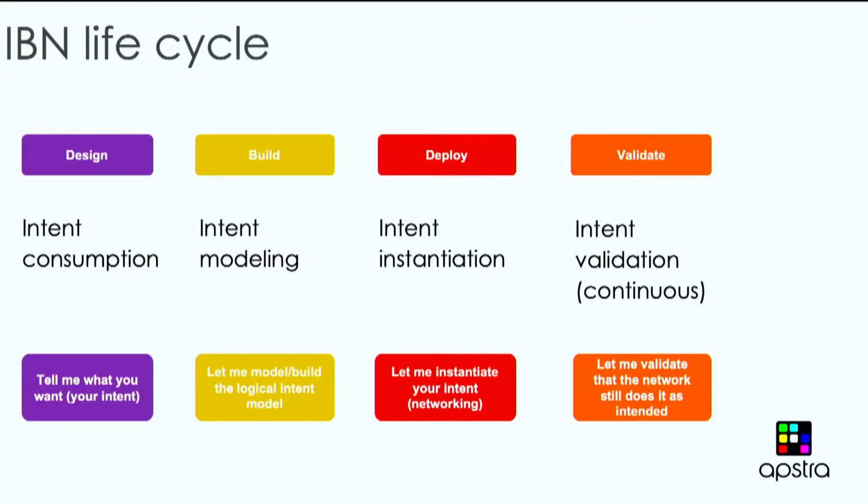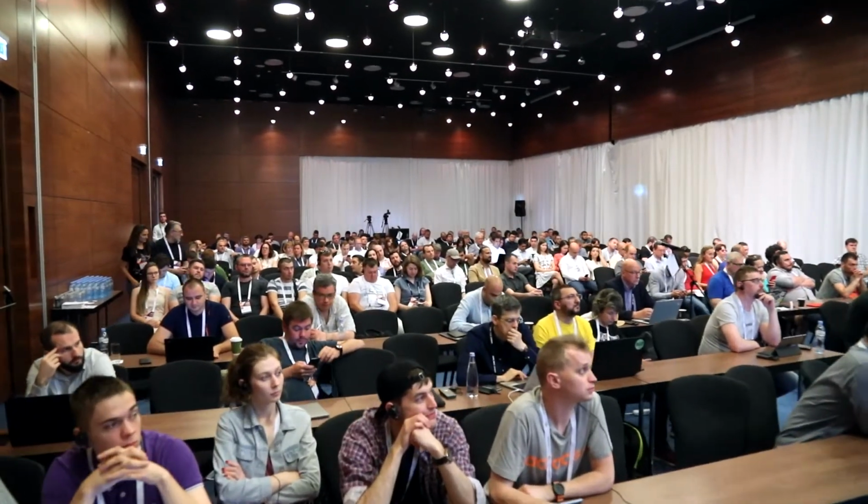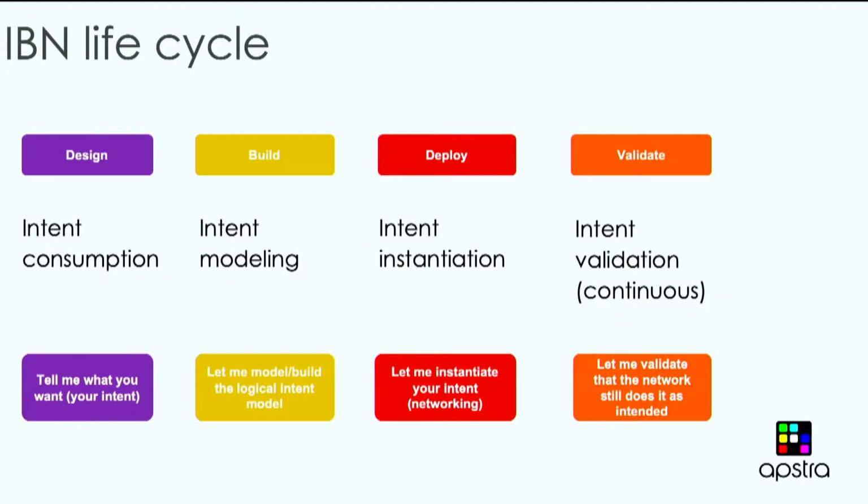The deploy phase is the phase where you make it vendor-dependent, because, as we know, vendors differ in the ways they instantiate networking. The configuration way is very different, from CLI on Cumulus and Cisco to NETCONF to many different things. And then the validation phase is after your network is set up and running, and you need to continuously validate. You need to understand what your network is doing, whether what it's doing is in line with what you want it to be.